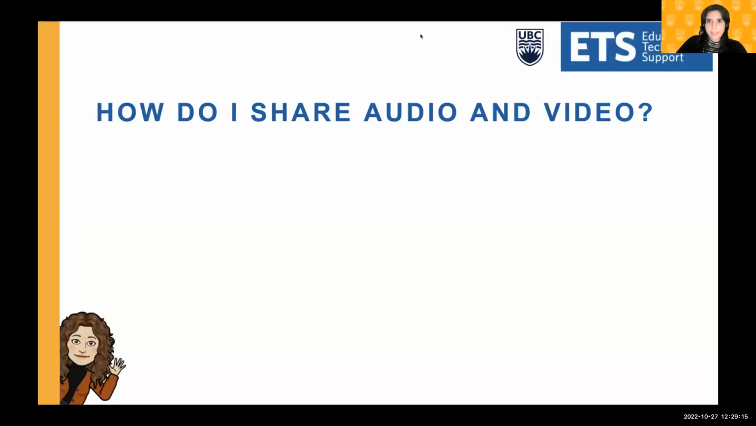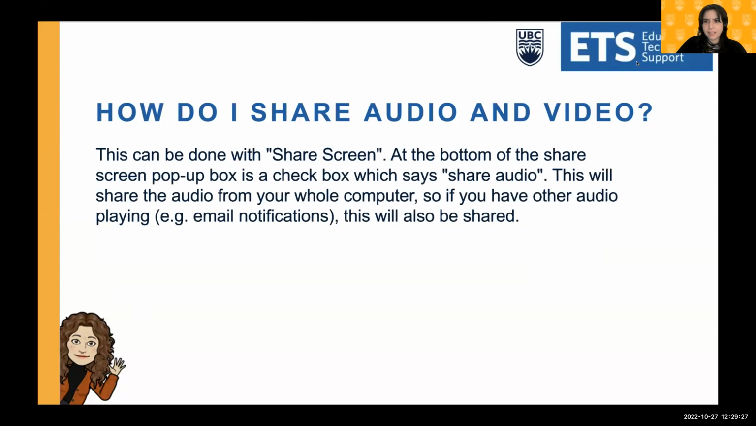Okay, this is a pretty simple one. How do I share audio and video? So again, this is done when you're doing share screen. Something that I think sometimes can be missed easily because it is not very obvious. So it's at the bottom of your share screen pop-up box, and I'm going to show my video,